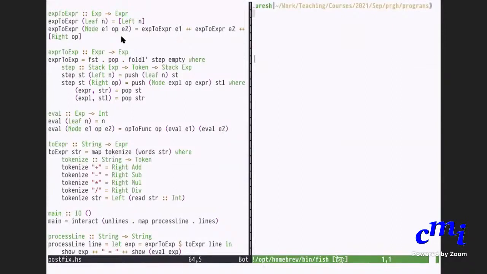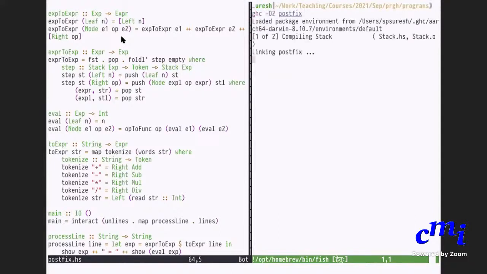There is a postfix.in also. So what I'll do is I'll run GHC postfix. So this is compiling it. Now I can actually run postfix on the input file, and it will produce an output file. This is how you run it. I just wanted to show you this once. This ./postfix is the compiled version of postfix which I got after doing GHC. That -O2 you can ignore now. It is just some optimizations or whatever.